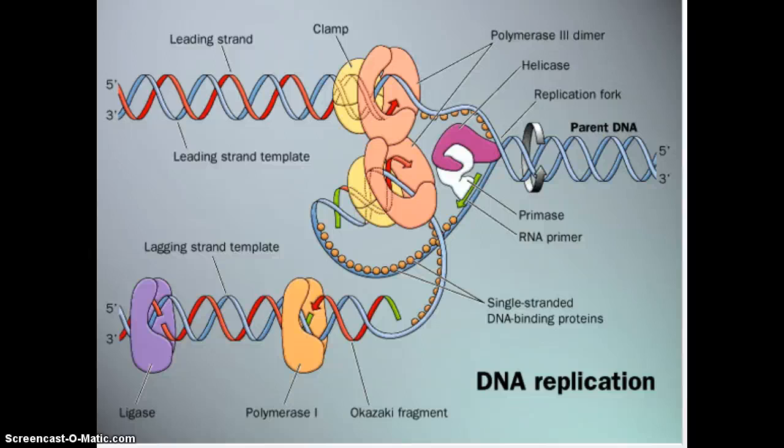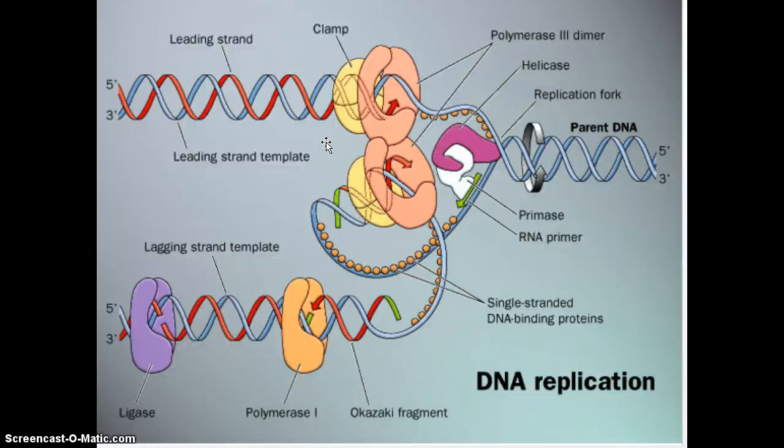replication. So replication, its goal is to take this DNA and replicate it. So we have our helicase that's going to come in and split it, and we're going to get what's called this replication fork occurring, where we're separating the two strands by breaking those hydrogen bonds. And that's all fine and dandy for our leading strand. And think of the leading strand as the one that has it easy. It goes in the 5' to 3'